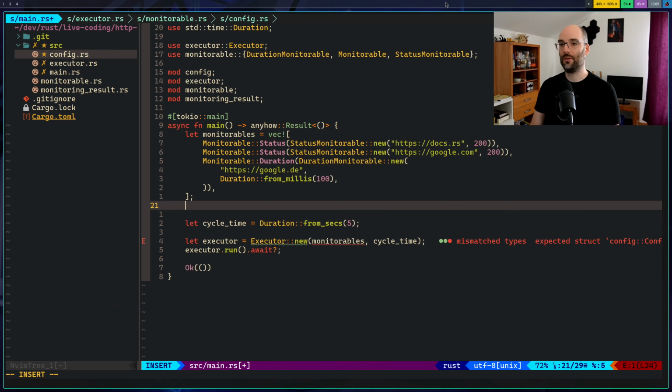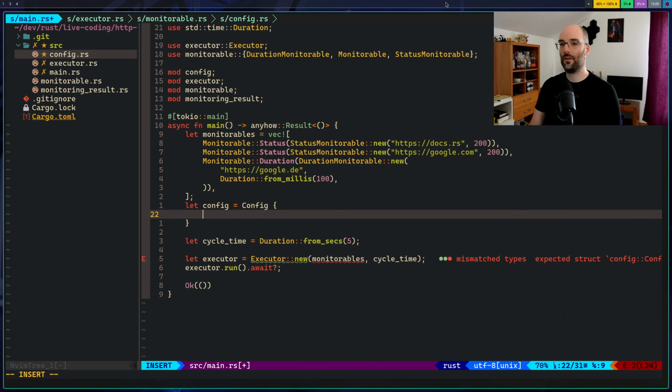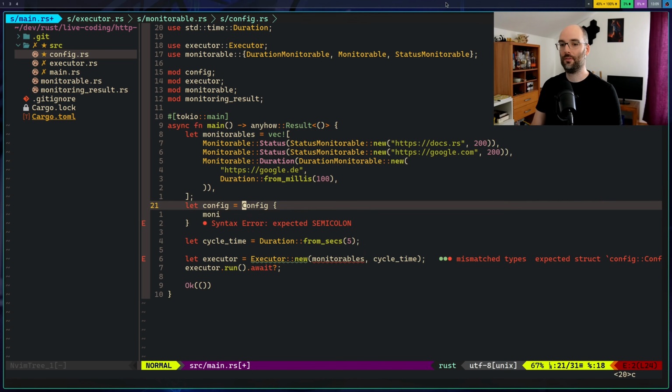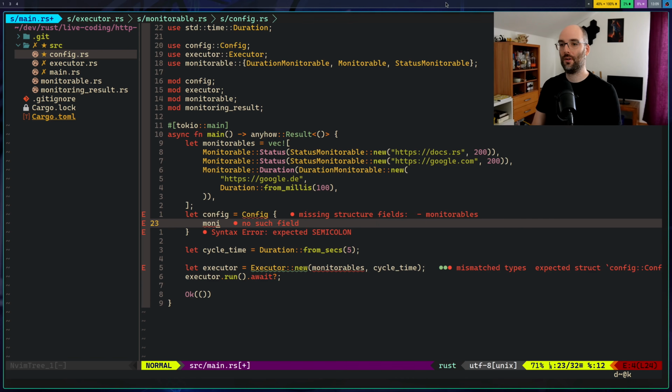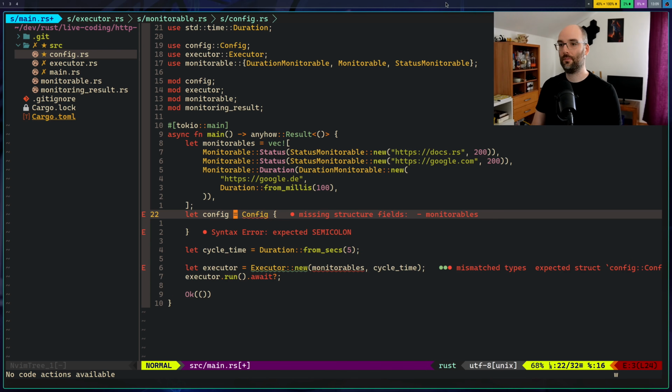And then we create config is equal to config and monitorables. We need to import first. Missing structure fields.